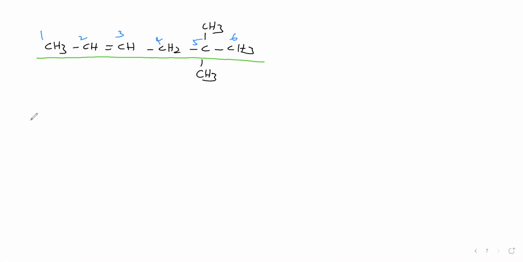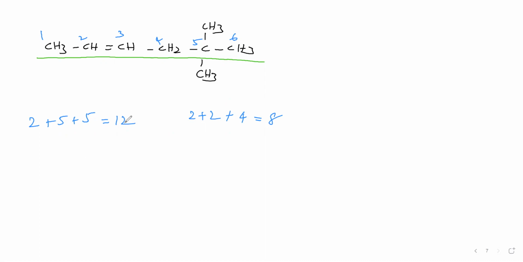We will see even in terms of the sum of the locants. Here the position of the double bond is 2, the position of one methyl is 5 and the other methyl is 5, totally 12, the sum of the locants. If we start giving numbering from the right side, the methyl group will get second position, then third, then fourth. The double bond will get fourth position, then we will get 8. The sum of the locants is like this.